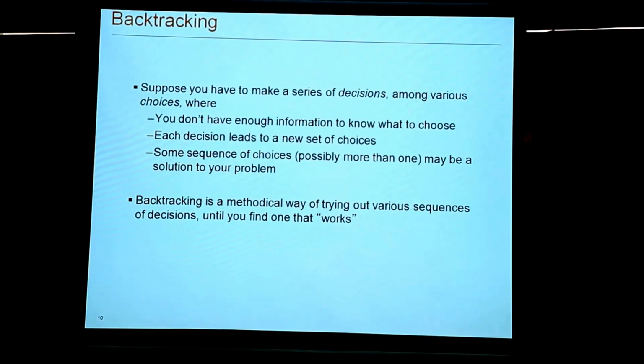Right. So this is picked from some slide. That's the overall idea of backtracking. It's similar to recursion. Suppose at every node you have a number of choices to make, and every choice will lead to some intermediate nodes. Whenever you reach an intermediate node, there will be a new set of decisions which you have to make. Backtracking is a methodical way of finding various sequences till you reach a good goal node. So that's the idea of backtracking.